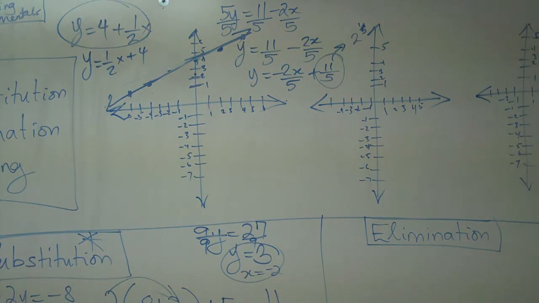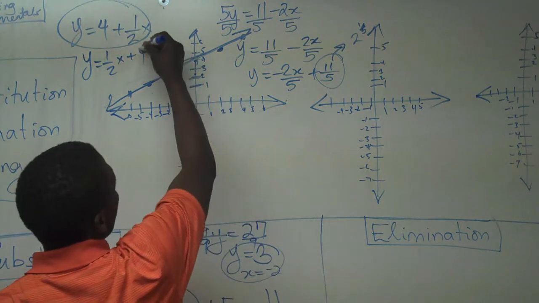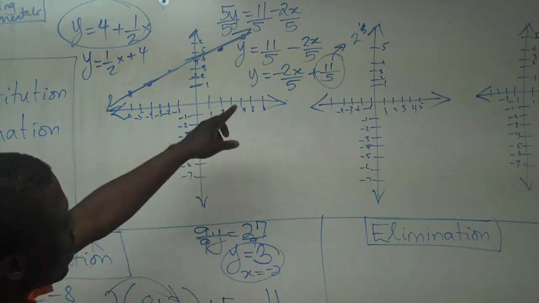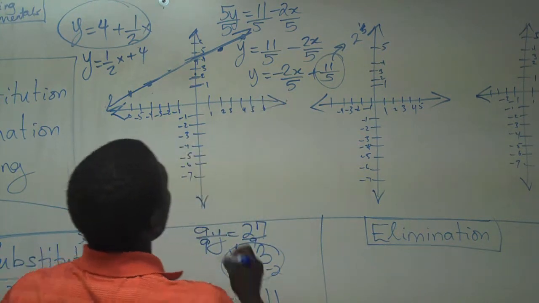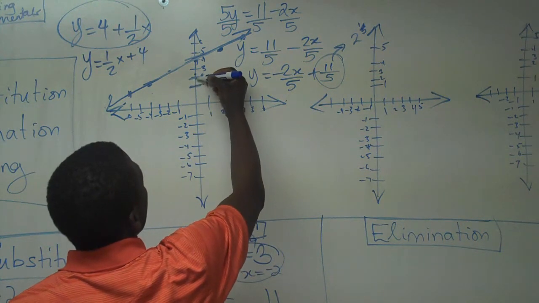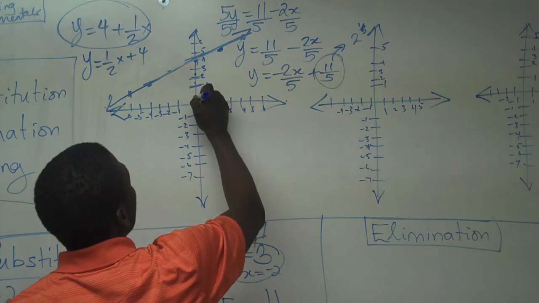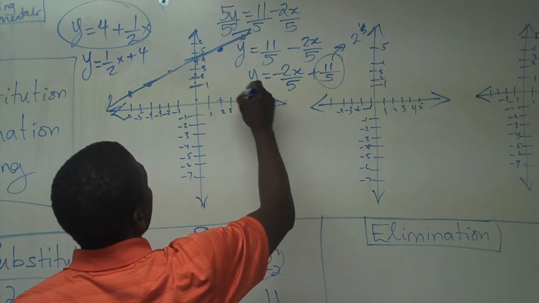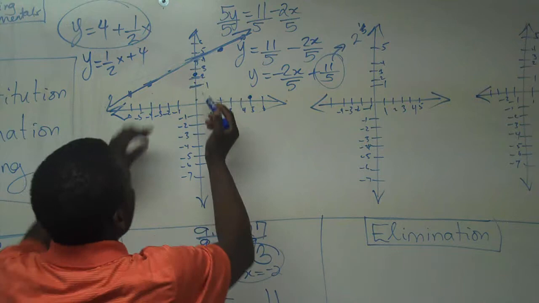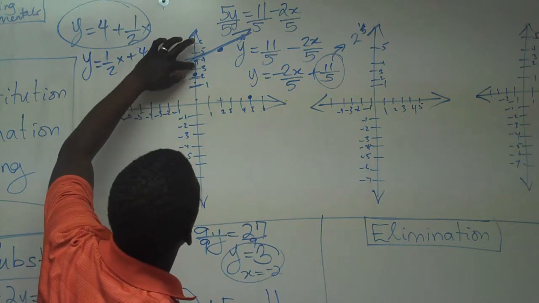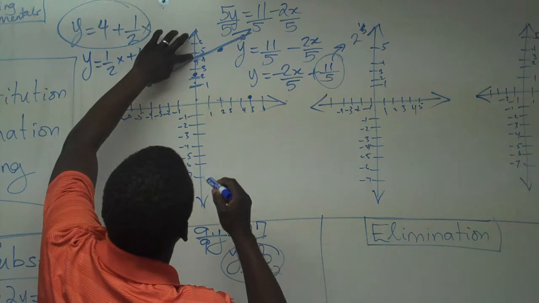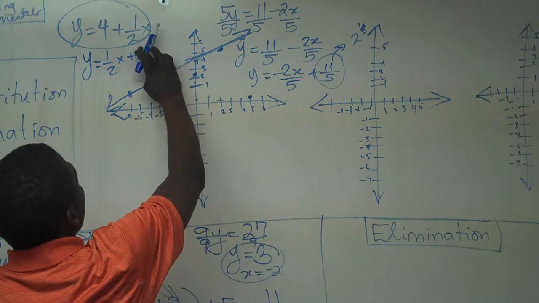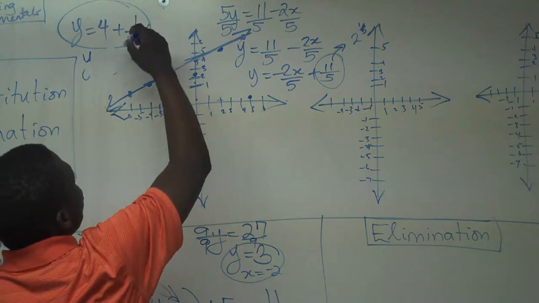For every time I move down, so now notice that this graph is going to go this way because the slope is negative. Because there's a negative slope, I look at it, it says negative 2 over 5. So for every time I move down 2, I'm going to move 5 over. Okay? And then if I move up 2, so 1, 2, and then I move 5 over that way. Okay, I'm going to remove this right here. So if I was to draw a line